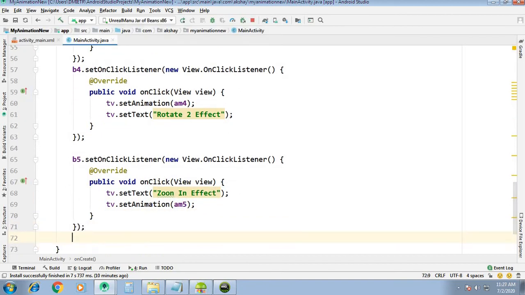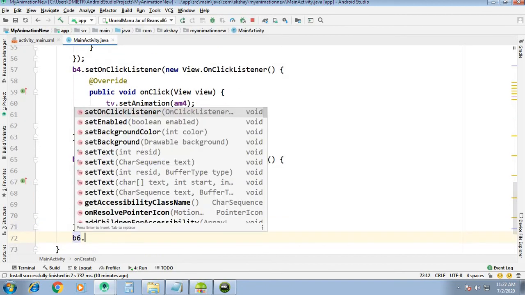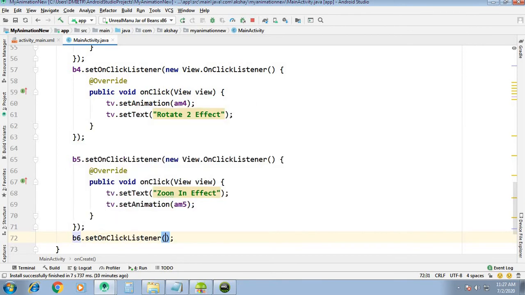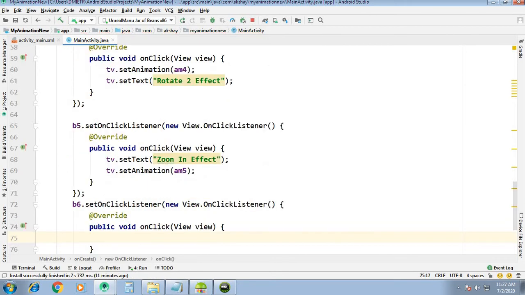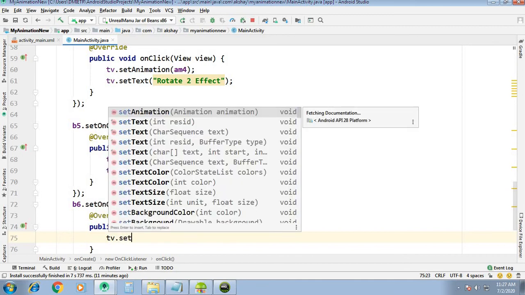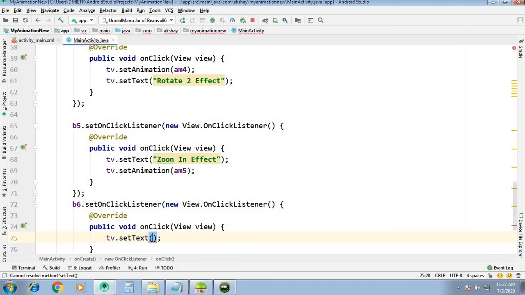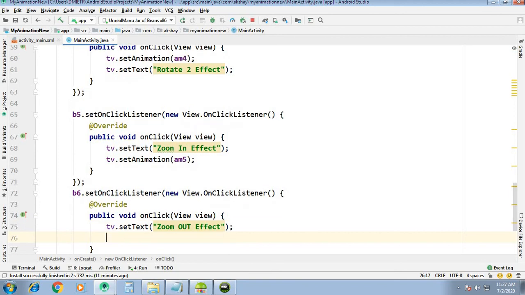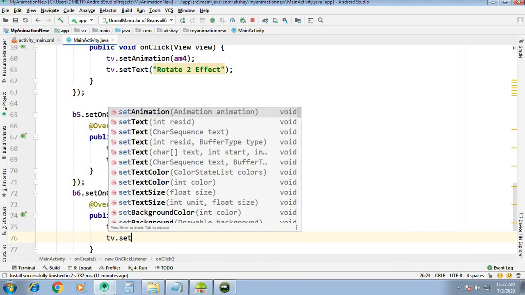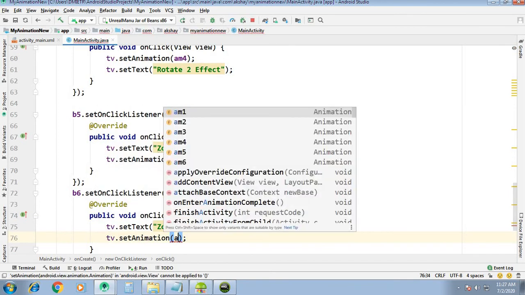and the last one is the b6.setOnClickListener, new OnClickListener, tv.setText. Here what we have to set, zoom out. Zoom out effect, and tv.setAnimation am6.